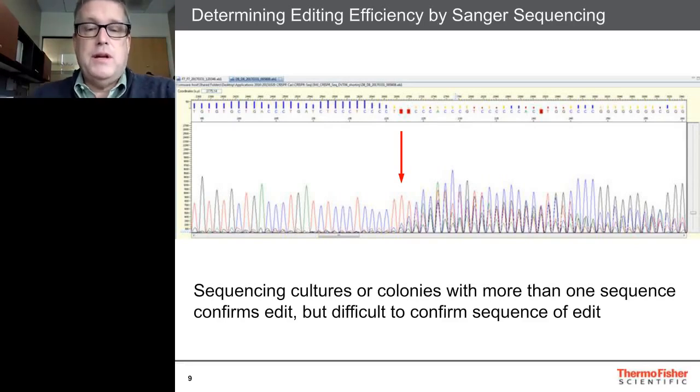So the next way that I'm going to tell you about makes use of Sanger sequencing. So in this case, if you take the amplicon and try to sequence the amplicon, what you will get is that you'll find a region that is a pure sequence, meaning this is the part of the amplicon that has been unedited. And at the red arrow that I'm showing here, and downstream of that, you have sequence that is now very poorly resolved. You have multiple peaks that indicate that downstream of this arrow, there is a mixed population of